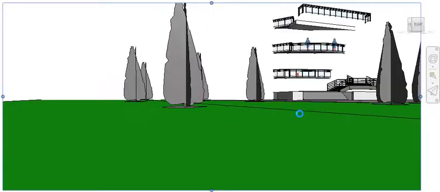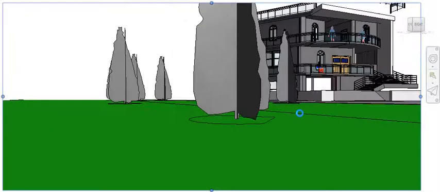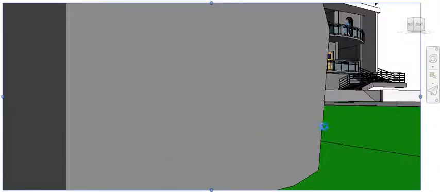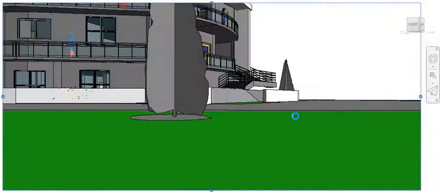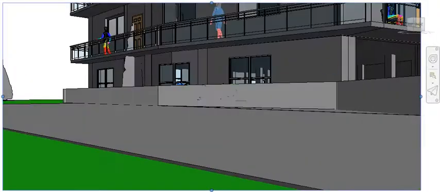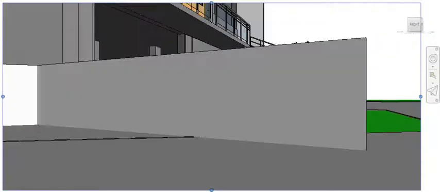You can see it's quite slow, but what can I do, maybe the laptop configuration is low, that's why this is going on.